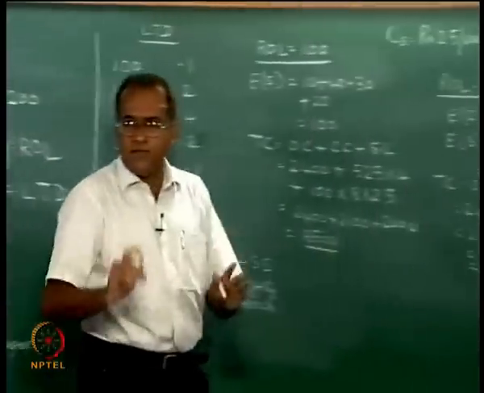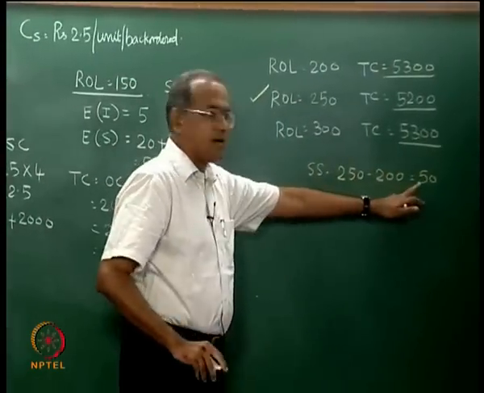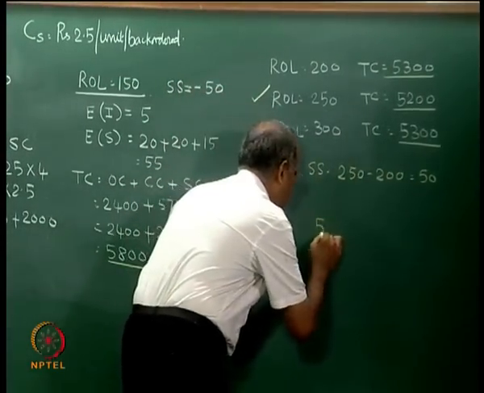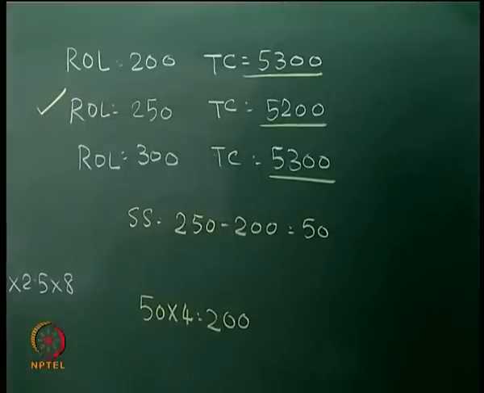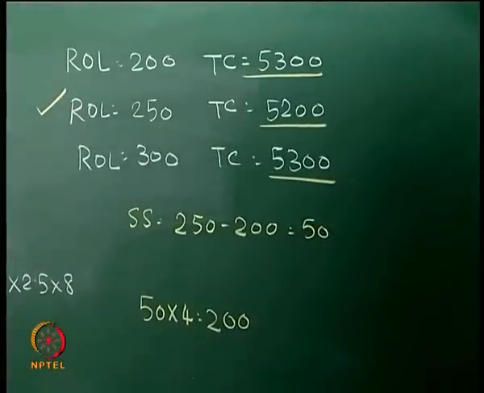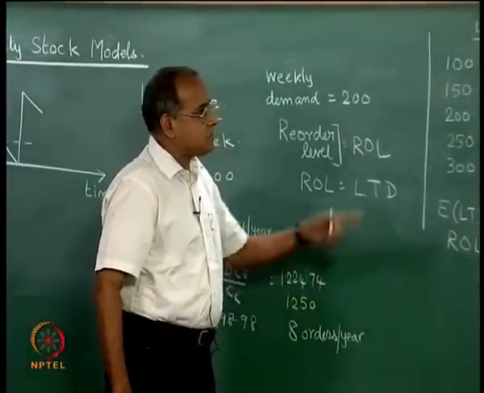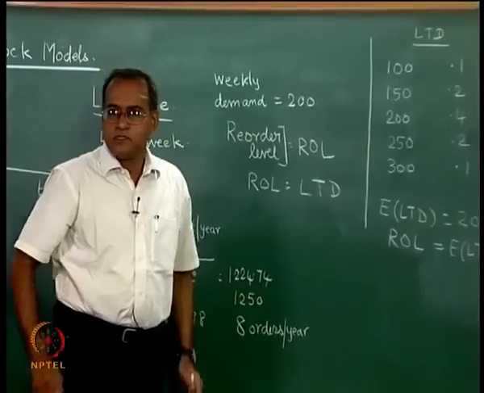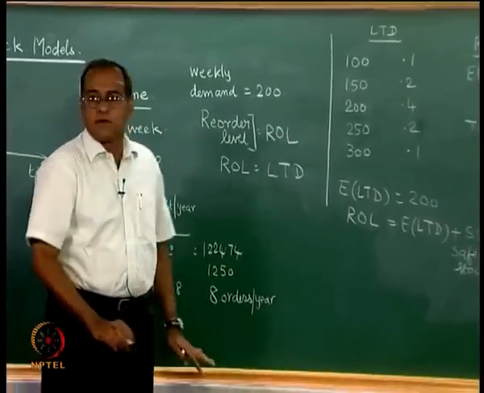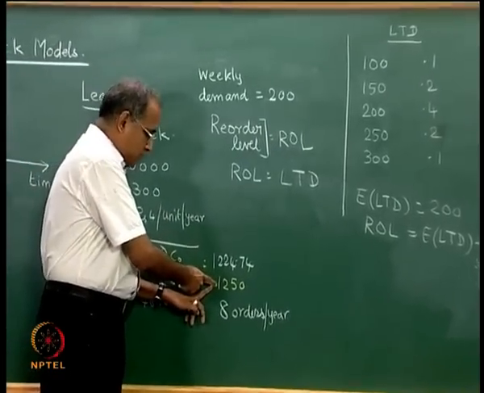Now this safety stock of 50, to put it in a different way, would incur a cost of 50 into 4, which is 200 that we have. Now this cost for 1250 would actually give us 5000. So we have this 5200, plus a very small shortage cost that is also involved. So roughly the figure is close to that 5200 that we actually have, because if we calculate for 1250,